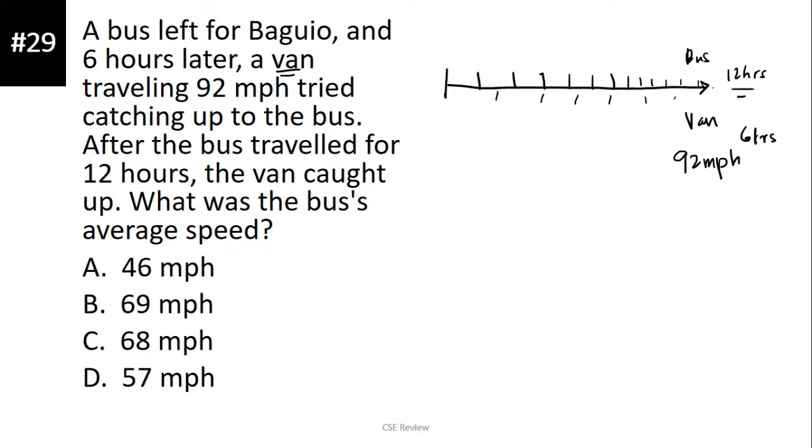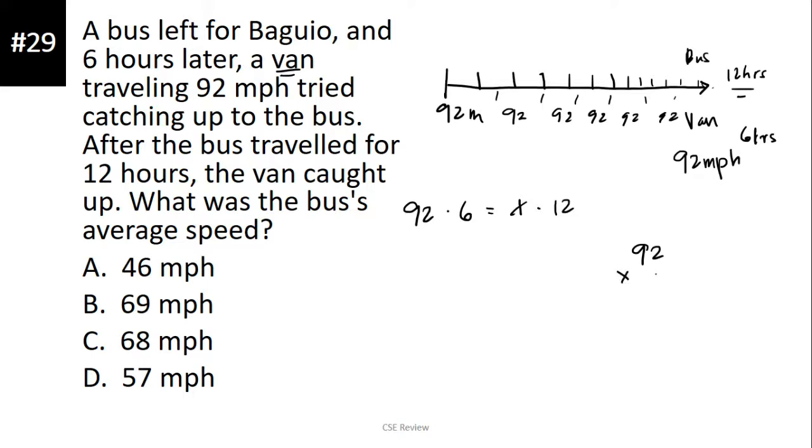Okay? At bawat isang oras na yan is 92 miles. 92, 92, 92, 92, 92. The formula actually in the traditional method is going to be 92 times 6 is equal to x times 12. Okay? But sometimes kasi people don't get to this equation. That is why we start drawing instead. Either way naman, i-multiply pa rin natin yung 92 times 6.